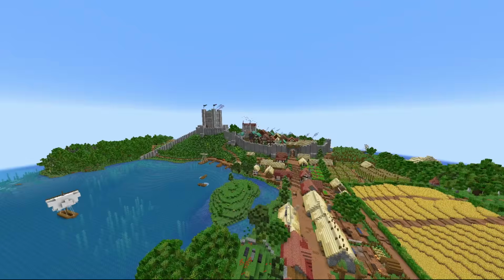Brewers Town is a build that I started in January of this year and finished around March, and I used a lot of reference images in order to construct this place. In fact, one of the videos that I put out around that time was a video telling you guys that reference images are really useful for making your builds. And while that is true, I also ran into a lot of issues with using reference images during the construction